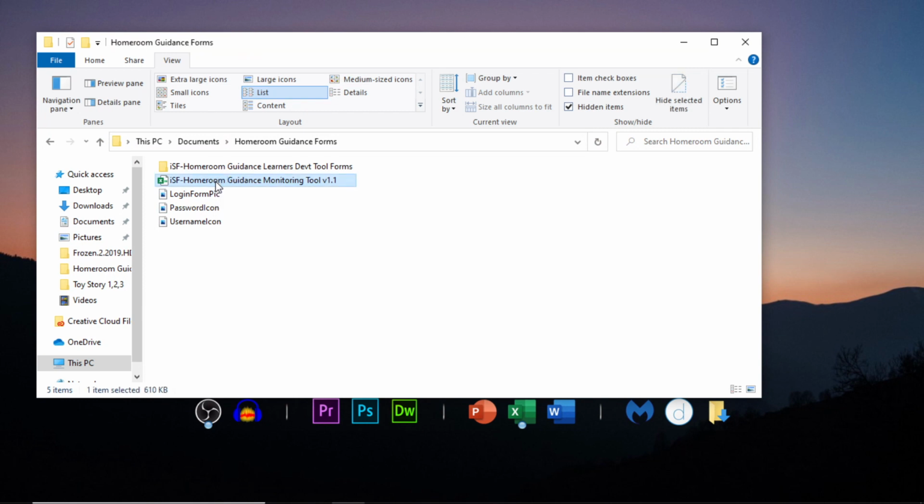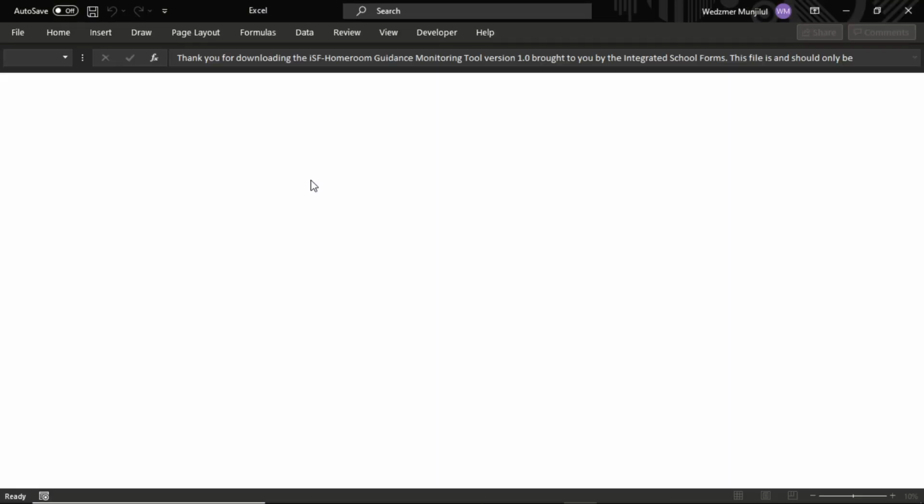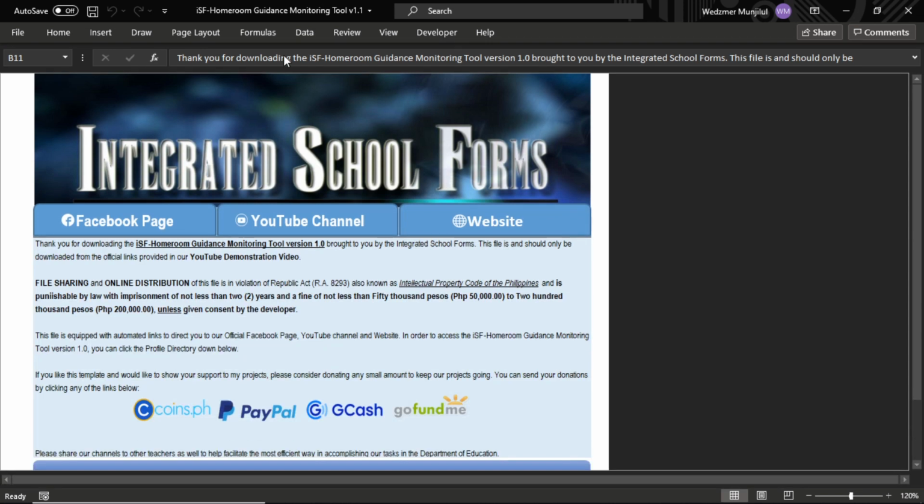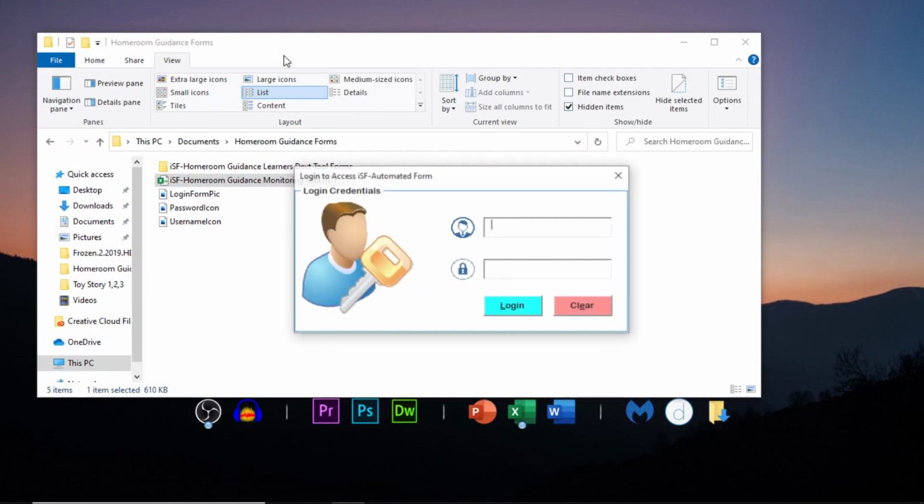year. Once you open the form like so, the usual security check will be prompted in order to enable the macro coding we are using to automate this template. So be sure to enable all of these when prompted. After enabling all of these forms, you will be asked to log in your username and password to use the template. We decided to add this feature to help us secure the files so that they are not being used by other websites and groups. Your username and password is provided for you in the download link found in the description